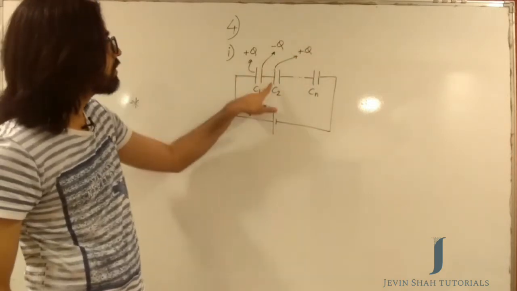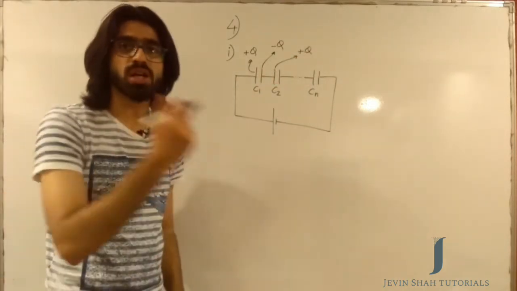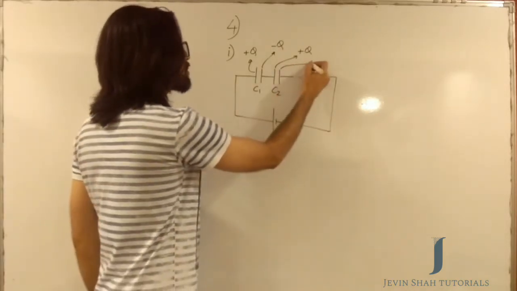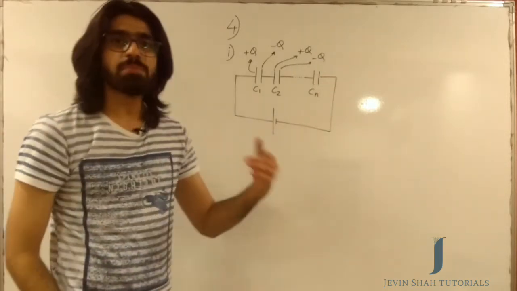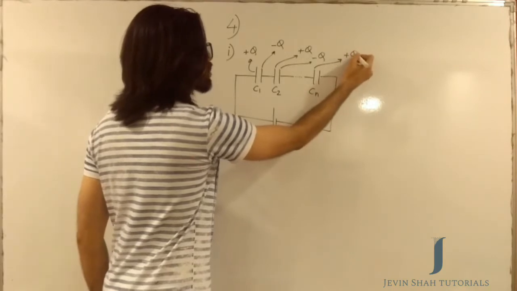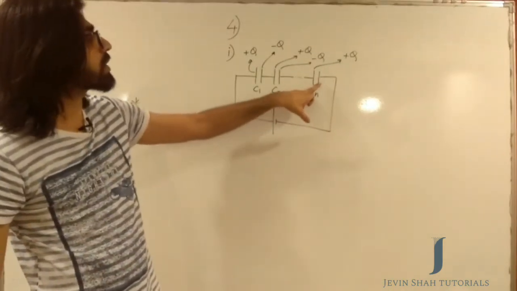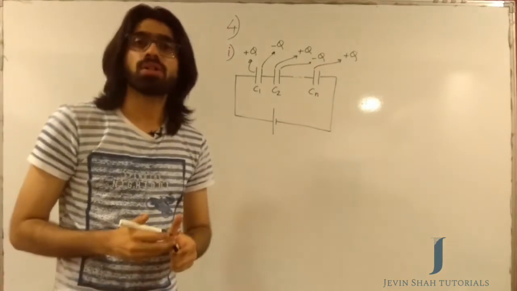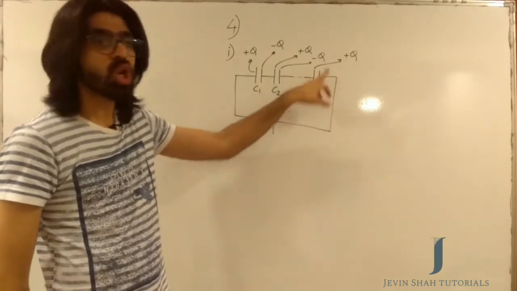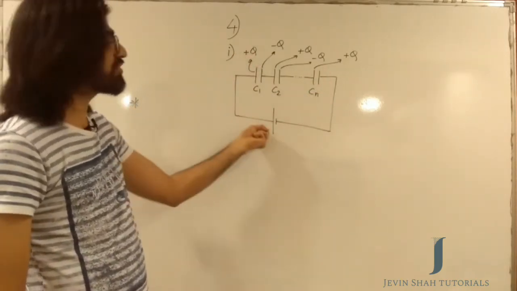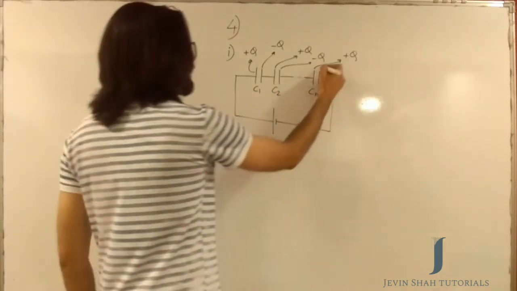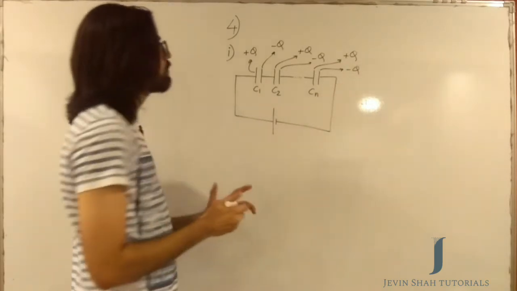Again, this plate forces the other plate to develop a charge of minus q by snatching electrons from the plate adjacent to it. So this plate develops a charge of minus q. That keeps continuing up till the last capacitor, which is right here, which is developing a charge of plus q. And now this will force the plate next to it to develop a charge of minus q by absorbing electrons from the negative terminal of the battery. So whatever electrons were absorbed by the battery from here have now been supplied to the capacitor right here, and that is what made this plate develop a charge of minus q.